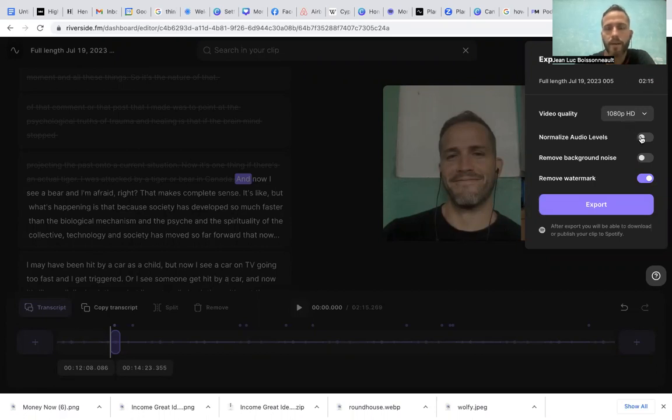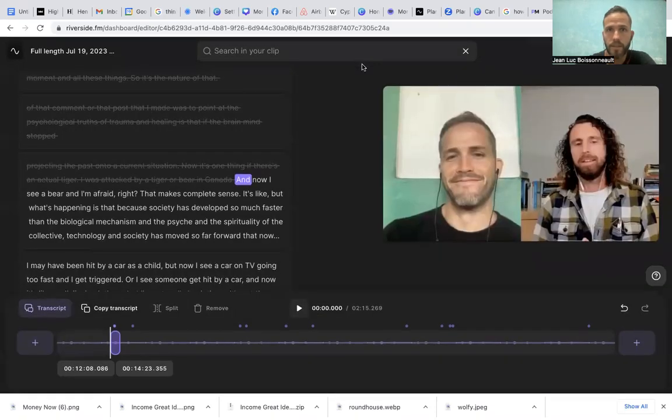This is where I can make audio changes. If there were background noises, I can normalize the audio and remove the background noise. Normalizing the audio is for when you're talking at different levels, so it normalizes that. You can remove background noises, add a watermark, and export it. But first, before you do that, actually,